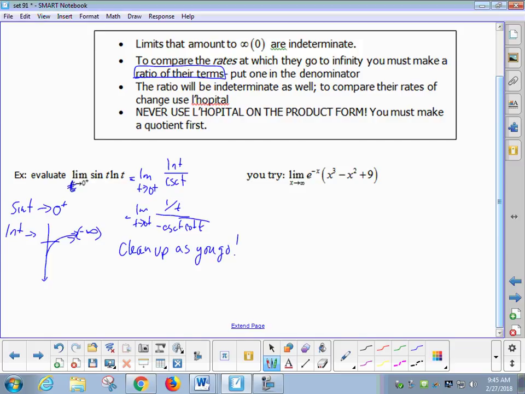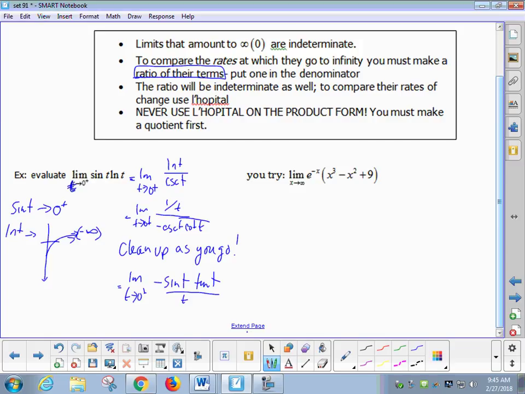Okay? Before I try to evaluate this, it's crucial to clean up as you go. You're going to get sometimes some complicated stuff. So let's rework this before I try and evaluate the limit. For example, I could take these trig expressions and use their reciprocals and put them in the numerator. For example, cosecant in the denominator is the same as sine in the numerator. Negative sine t tangent t